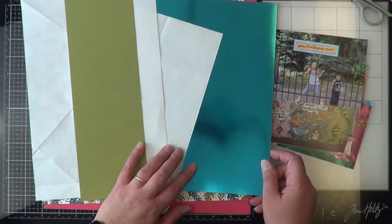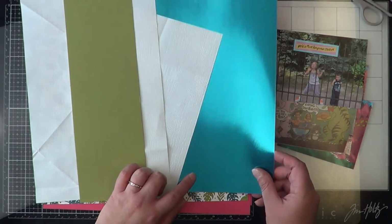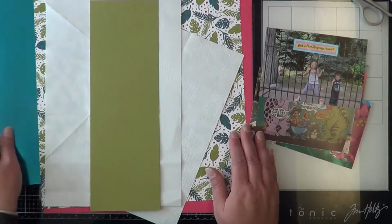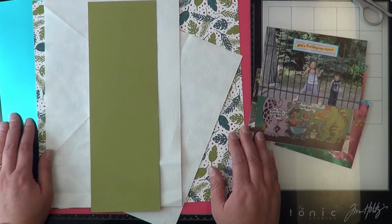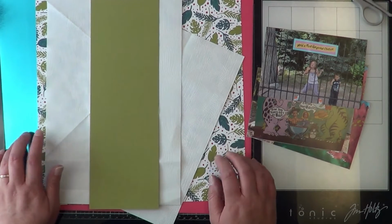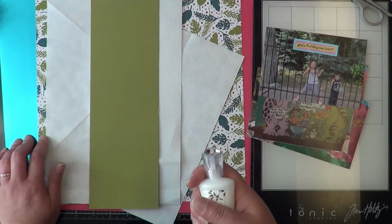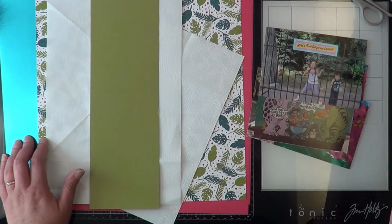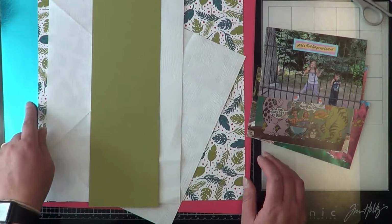I get it in my Nuvo kit. So I don't know who actually makes the card, but I get it in my Nuvo kit. It's not even a Nuvo kit. What is it called? Oh my gosh. It's not Nuvo. Oh, well, no, that says Nuvo too. Same company though. Tonic. It's the Tonic craft kit that I get, and I get all sorts of kind of